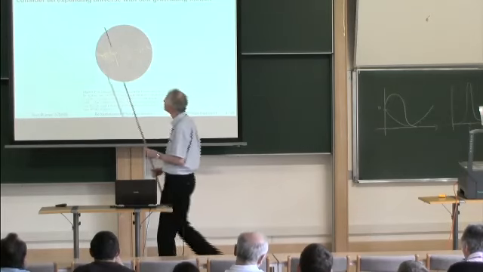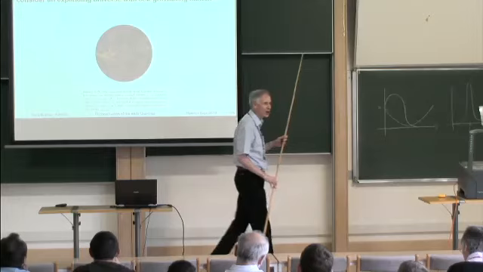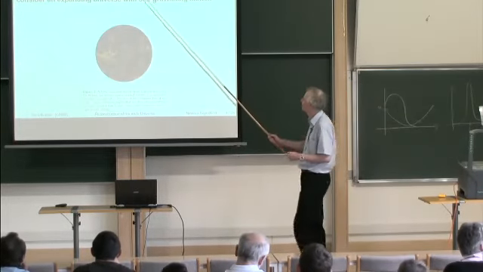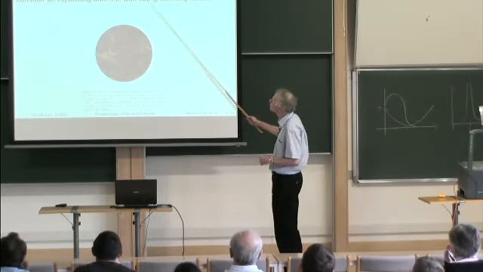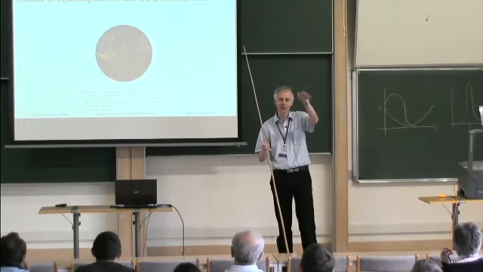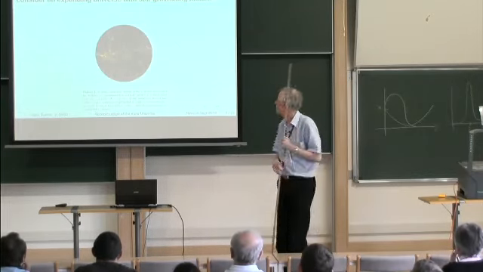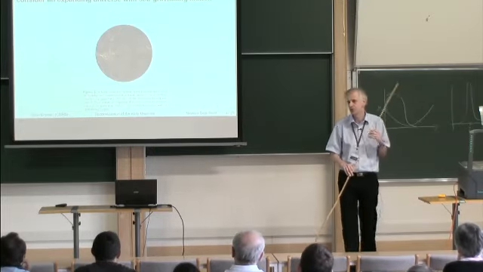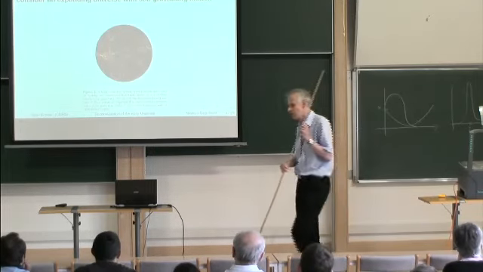The attempt of these people is to reconstruct the history of the universe, so it's very pretentious, from the knowledge of the present distribution of matter in the universe. So you have the picture of what you see from the observation, and you want to guess what could be the evolution of the